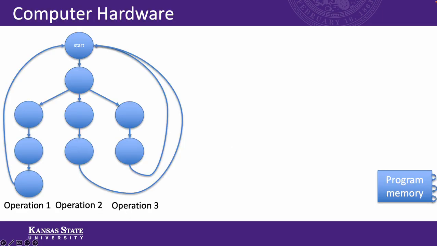Last time we described a finite state machine, which I've drawn to the left here. The number of states and paths is not important. What is important is that this FSM, or finite state machine, has many paths or operations. You'll see operation 1, 2, and 3, and they all return back to the start, which makes a continuous loop, no matter the operation. And we talked about how we are going to provide operation codes to tell it which of those paths to